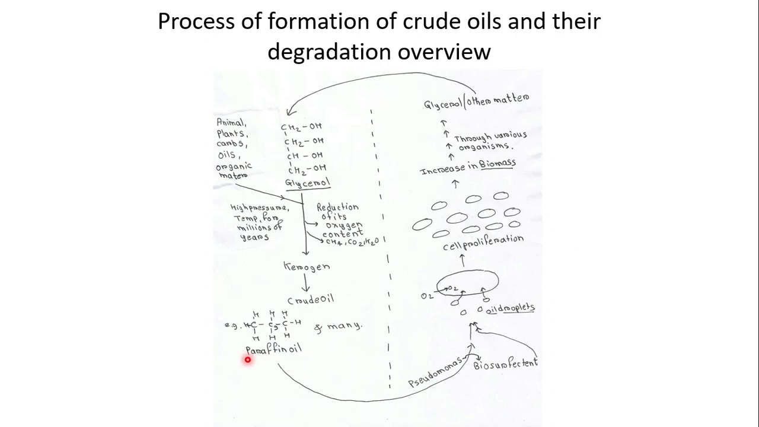So here you can see that paraffin oil has carbon and hydrogen, but there is no oxygen, or there is less oxygen than in glycerol. Yes, this is obvious because the reduction of its oxygen content has already happened. So in this way, the crude oils or types of crude oils form. We will consider the example of paraffin oil, let's say,